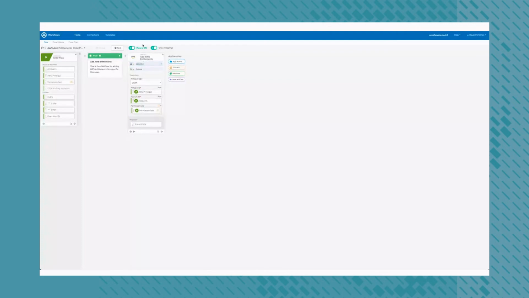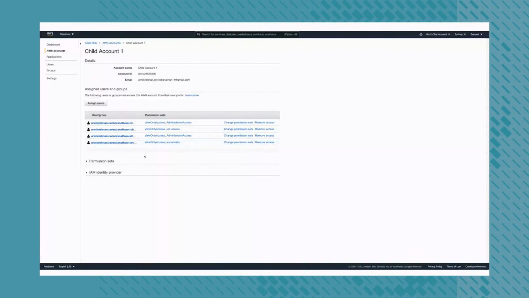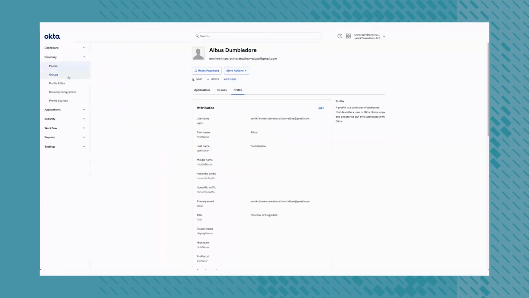Let's take a quick look at how all this works in action. So over here in AWS SSO, let's take any user. Let's take this user over here, Minerva, and Minerva has access to view only access and administrator access. So these are the permission sets that Minerva was already entitled to. Now I want to give Minerva access to ECR access, this particular new permission set that Minerva doesn't have access to. All I need to do is go back to Okta, and what I've done is I've set